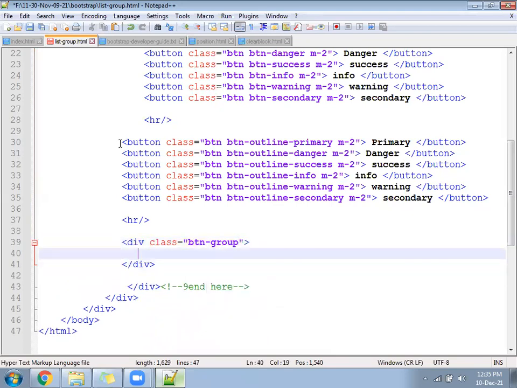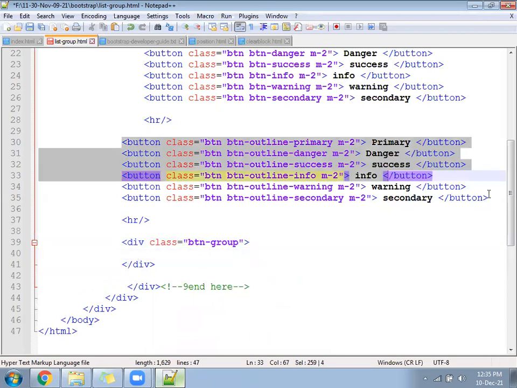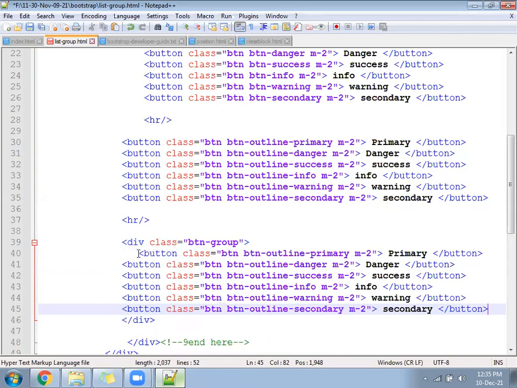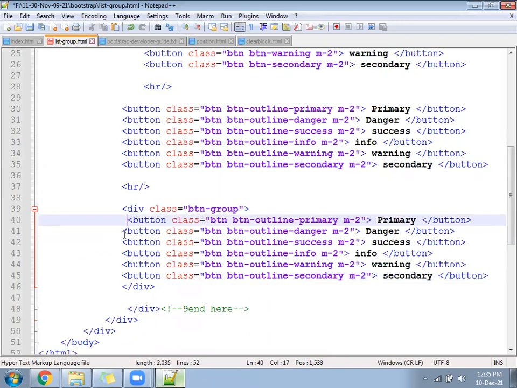Inside the btn-group, you will copy and paste this section again and remove the M2 class.